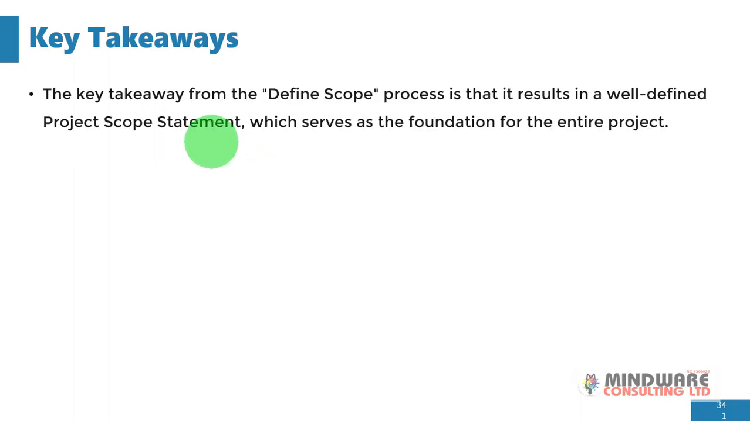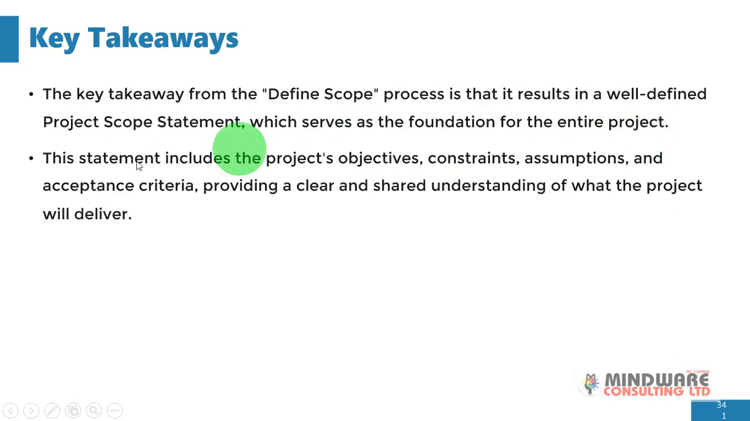Okay, here we go. What are the key takeaways that we need to be mindful of in this section? The key takeaways from the define scope process is that it results in a well-defined project scope statement, which serves as the foundation for the entire project. This statement includes the project objectives, constraints, assumptions, and acceptance criteria, providing a clear and shared understanding of what the